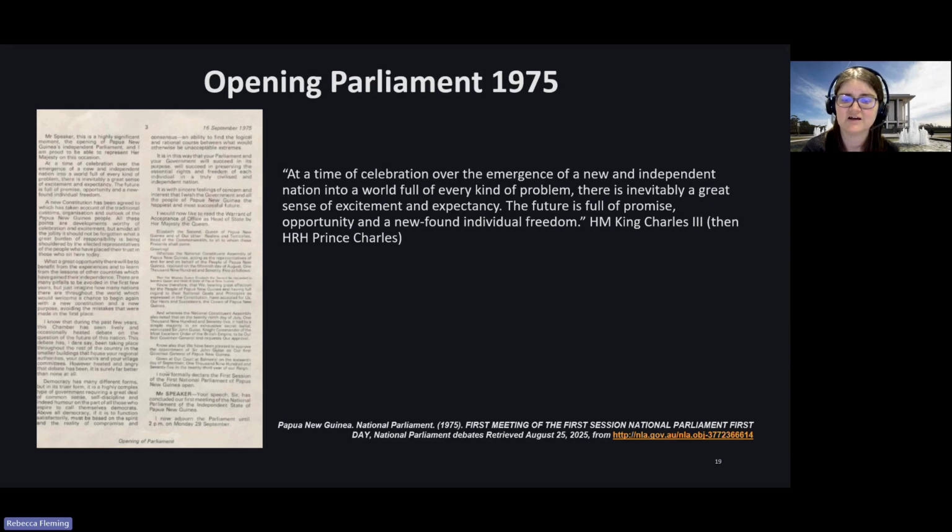A bit over 2 decades after independence, we see another major historical moment discussed at length in the parliamentary papers in the later versions we have: the tragic earthquake and tsunami in July 1998. One estimate indicates that between 1,600 and 2,200 people were killed in this disaster, and at least 10,000 people were displaced. The Parliament met for an emergency sitting in 1998, and I won't quote material from this collection as it was a harrowing event. But for those who are interested to read more, exploring the parliamentary papers for this sitting provides insight into the discussions about the emergency at the parliamentary level.